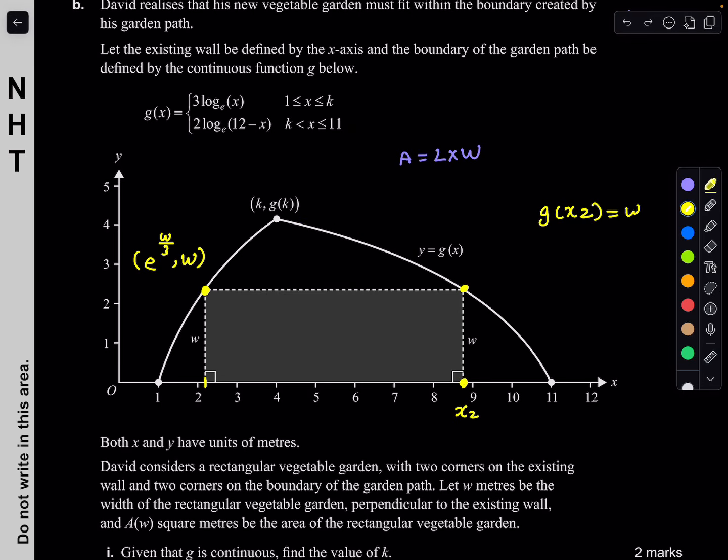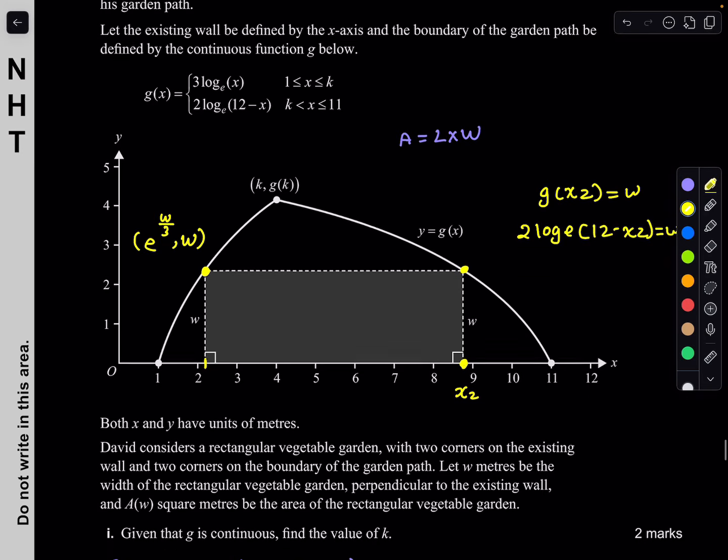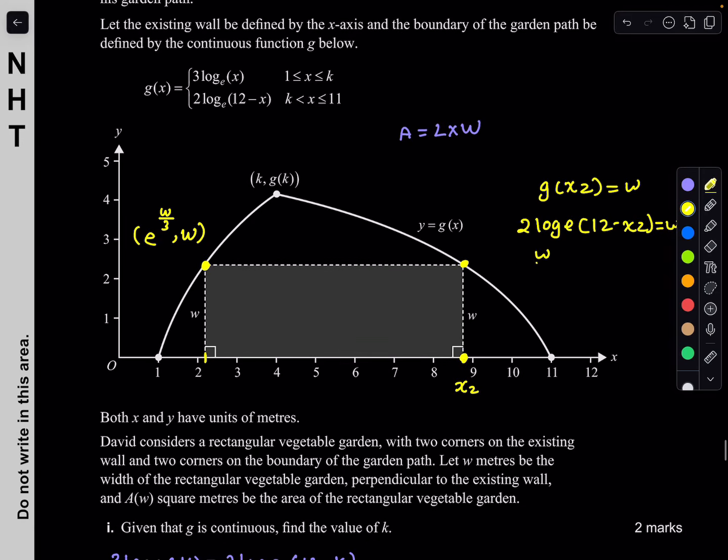So what we need to do is 2 log e (12 minus x2) equals w. So imagine divide both sides by 2. It'll be log e (12 minus x2). So e to the power of w over 2 equals 12 minus x2. So x2 will be 12 minus e^(w/2). That's a lot of, ooh. Yeah, so